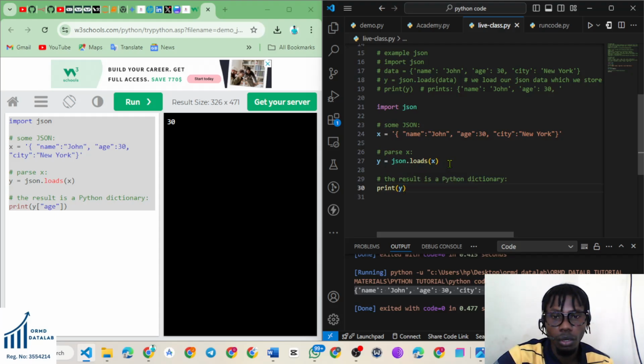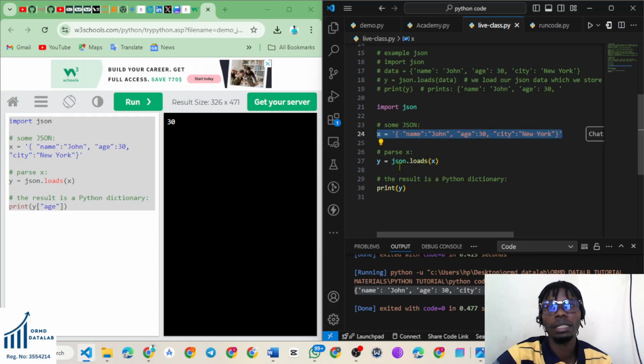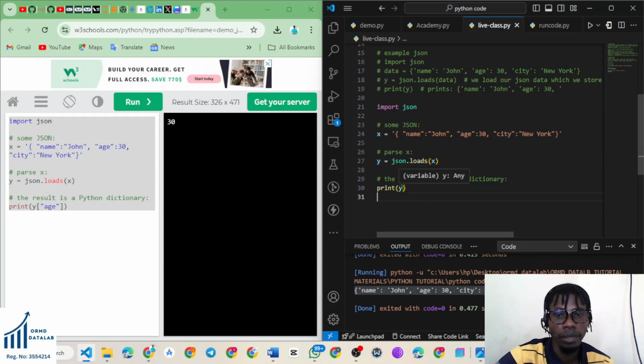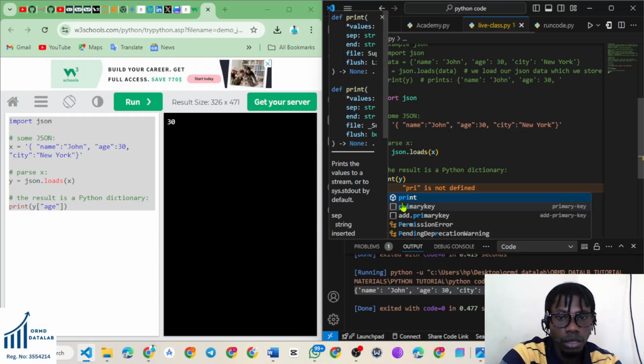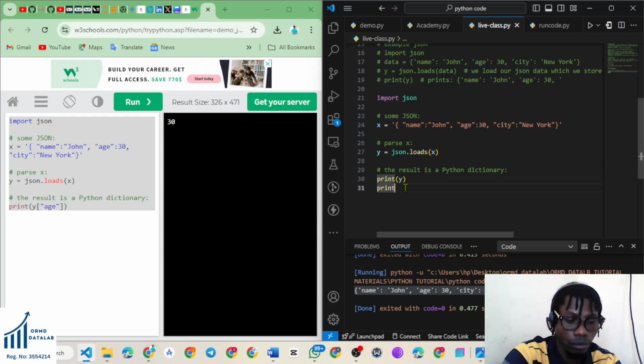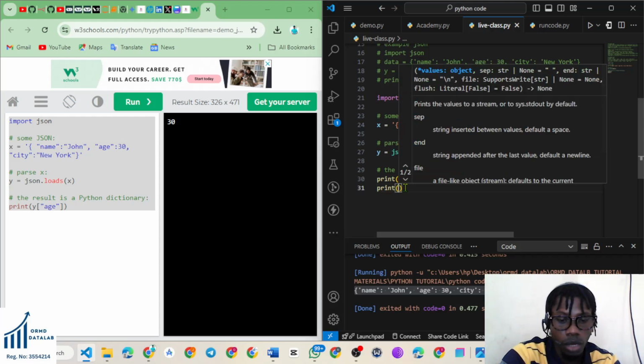Yes. So we use json.loads to help us parse this variable as JSON data. Then we store everything into the variable y. Then we print y. Then the one that we did earlier, which is print y,